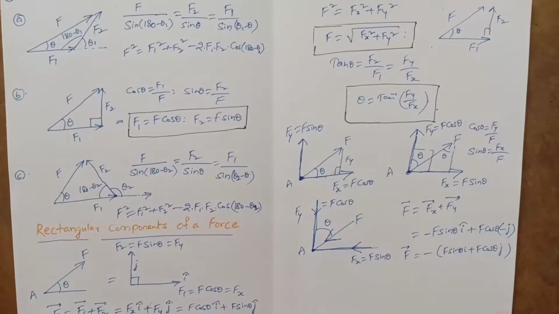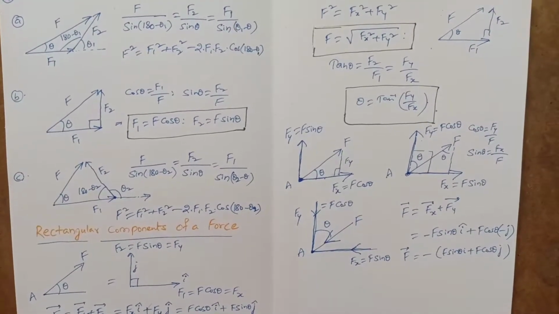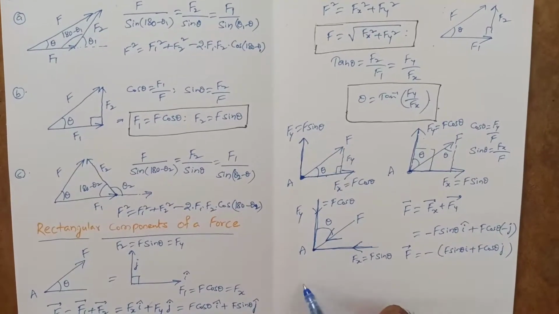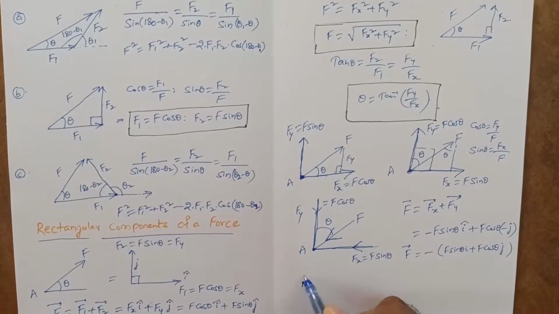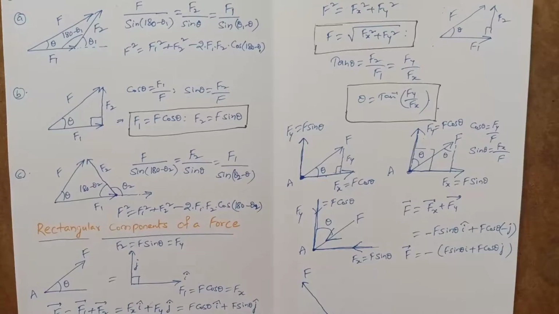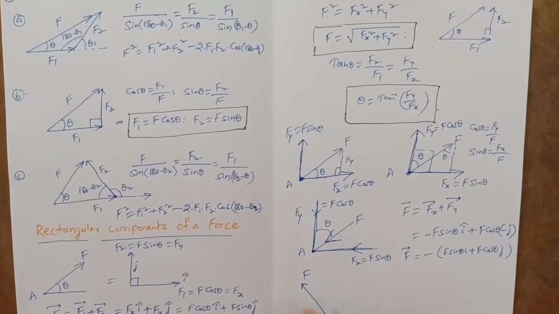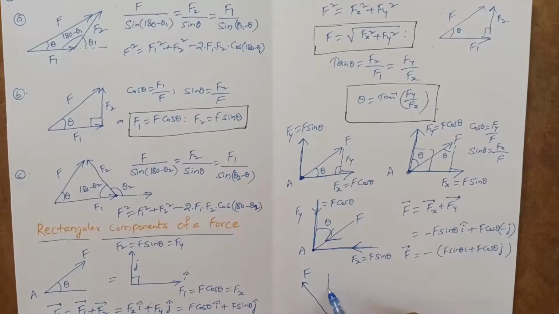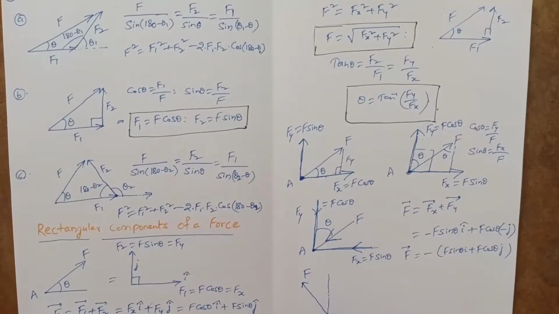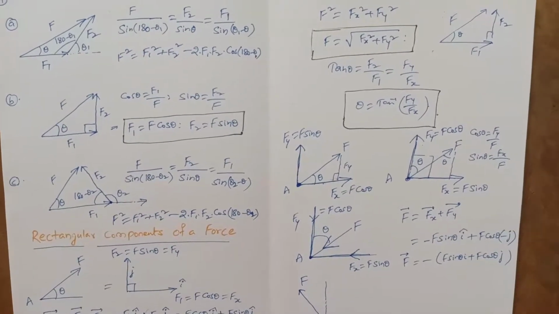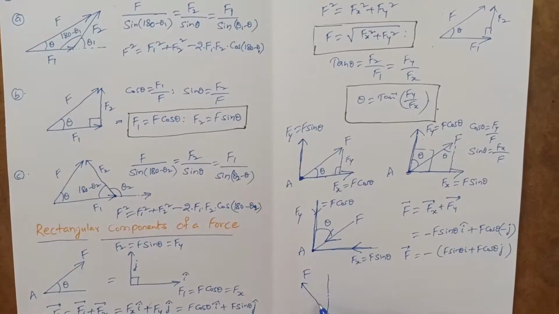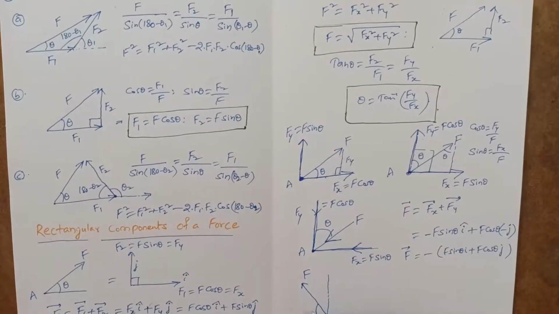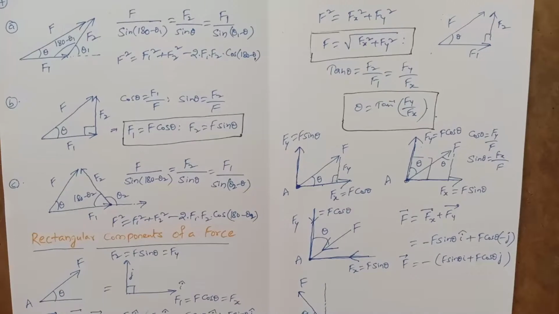Now another case, now say this force F is in the second quadrant, something like this. F in the second quadrant, see, this is the second quadrant. So in order to find its components, draw the second quadrant, and it's given that it is making an angle theta with this line, horizontal line.